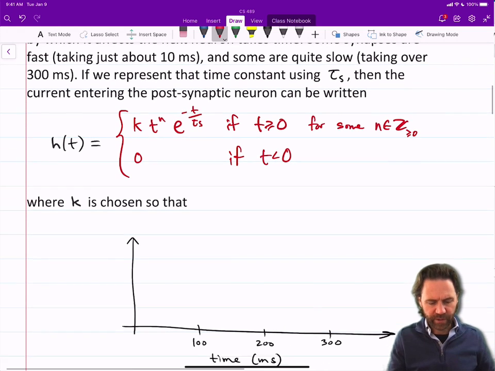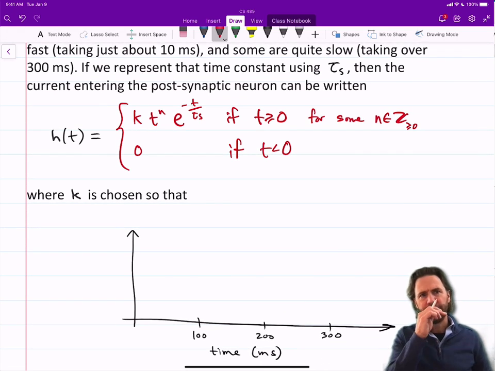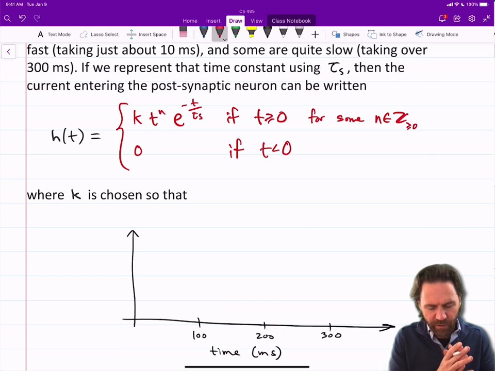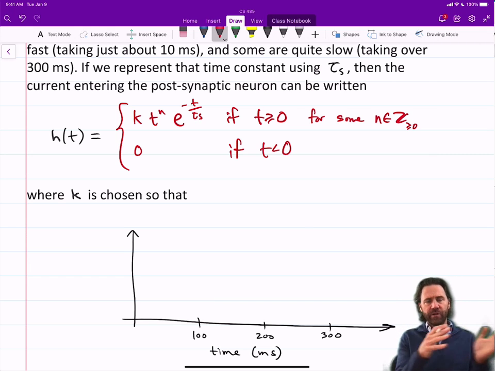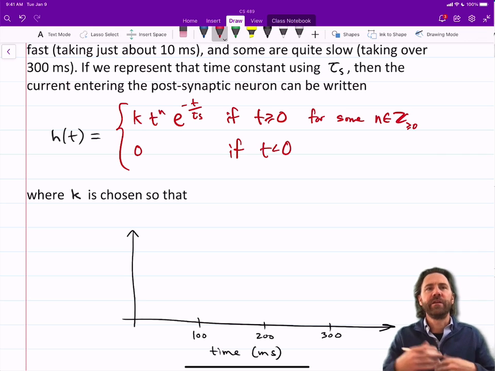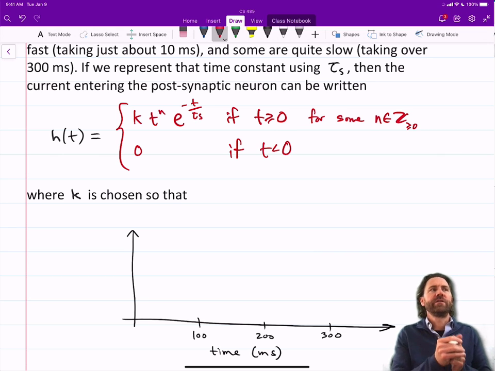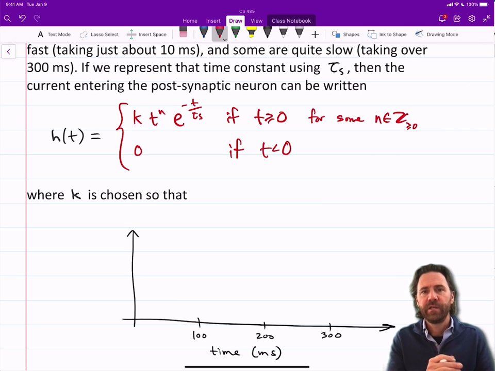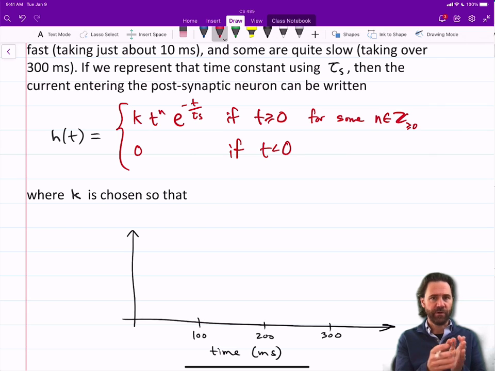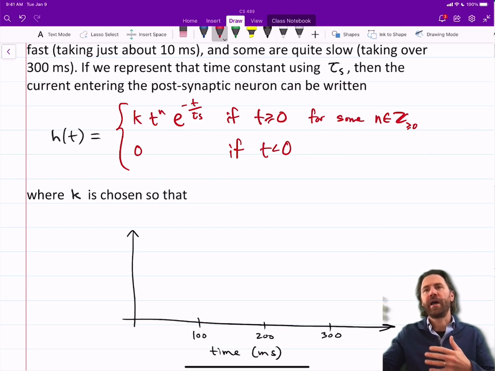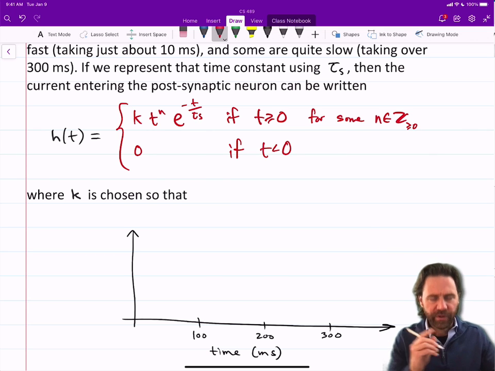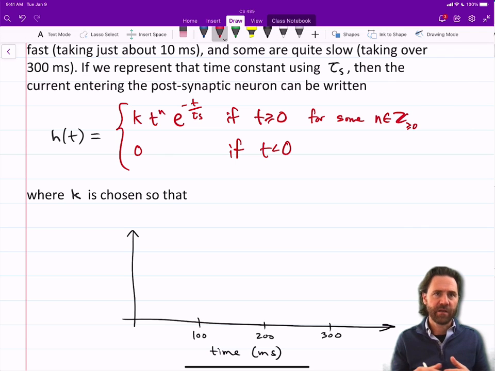So what this means is that the reason we have a split between t less than 0 and t greater than or equal to 0 is because once the signal arrives, at least in terms of this filter, this h function, the spike arrives at the synapse at time t equals 0, and then what we're looking at is what happens after that. So k is chosen in order to make the integral under that function h of t equal 1. This is just more of a mathematical